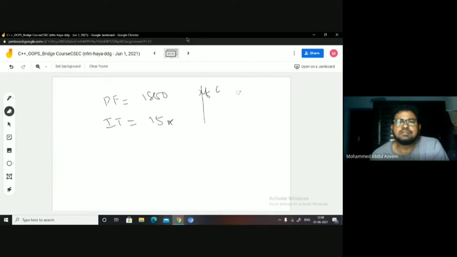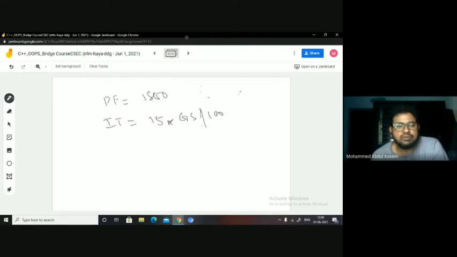We can add these constraints afterwards, but let us take a uniform structure. Let us say it is 15% of gross salary. So 15 into GS by 100 will give you IT.